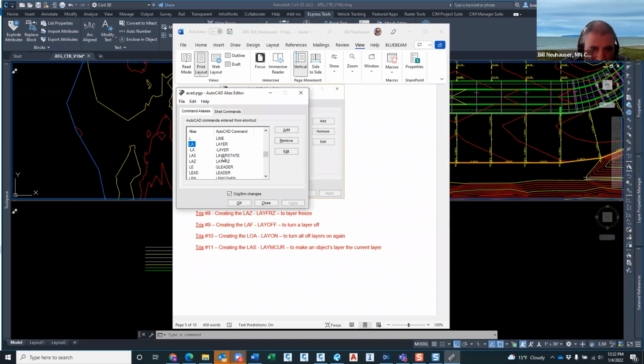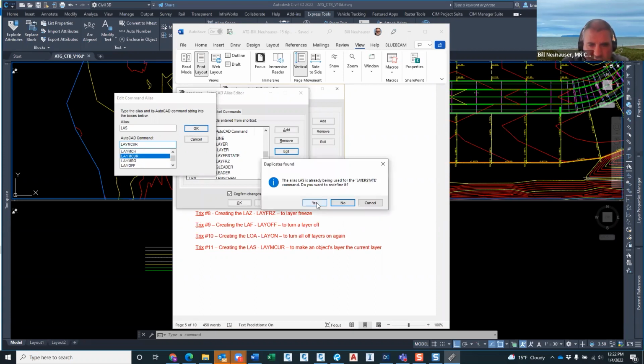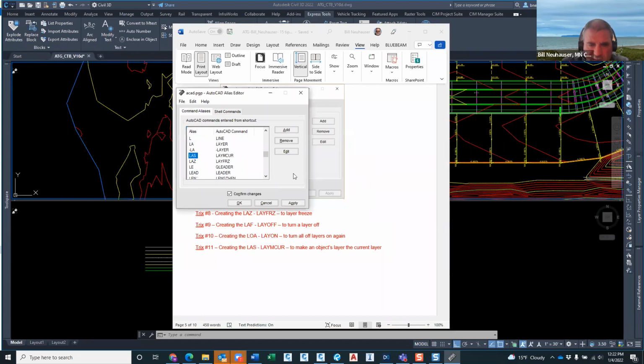I type in LA. LAS has been changed to something else. So what I'm going to do is edit this, and that is layer make current. And go ahead and say yes, replace it. Now it is set to that. So LAZ is layer freeze. If I got layer on all, yep, layer on all, let's turn them all on. And then the last is